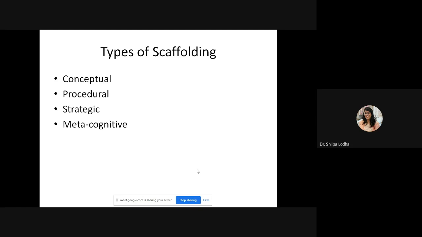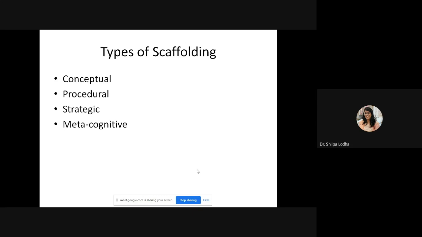tools and resources. Then the strategic scaffolding, it helps students find alternative strategies and methods to solve complex problems and give a better solution for them. See, when we have certain assignments containing complex questions, there are several methods of solving them. So, in strategic scaffolding, we can suggest to students that there are various alternatives to solve this problem, and among them, the student can pick the best solution, the best method to solve that particular problem. So, this is called strategic scaffolding.